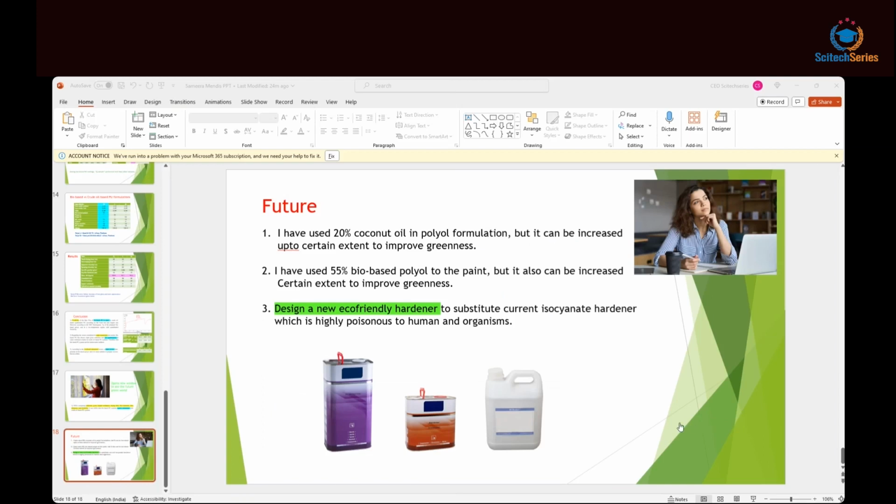It's a very big thing. I can't say nobody can do this. If any person tries, he or she can do this. That is the major challenge, because PU I have used because that is the most versatile and most popular coating